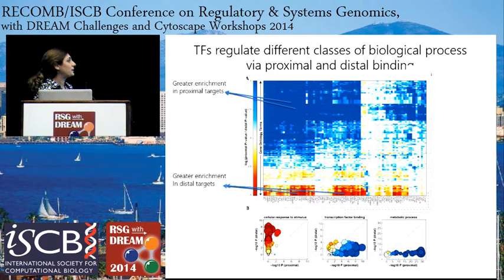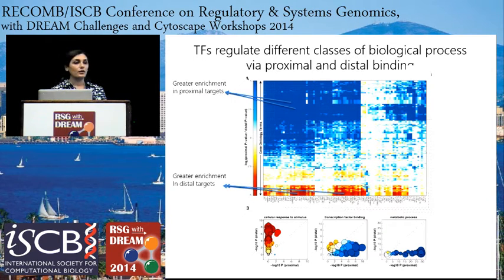Here we have the ratio of p-value for proximal versus distal binding. The red spots are where we have greater enrichment in distal targets, and the blue is where we have enrichment in proximal binding, meaning binding of the transcription factor in